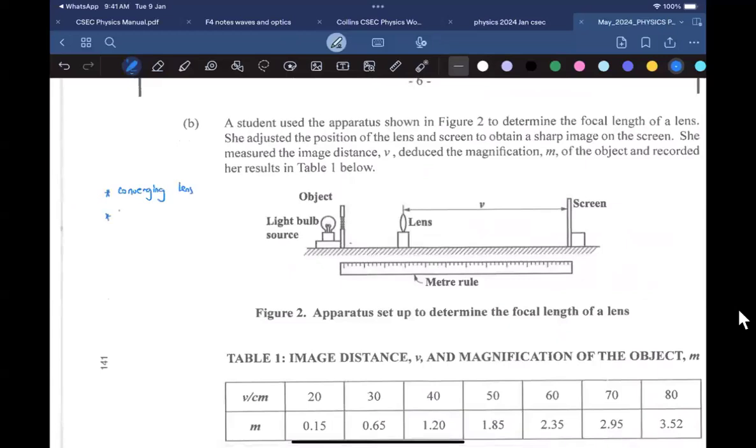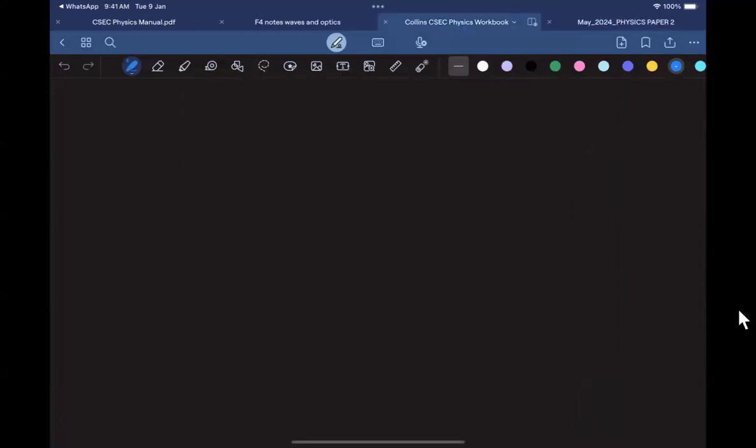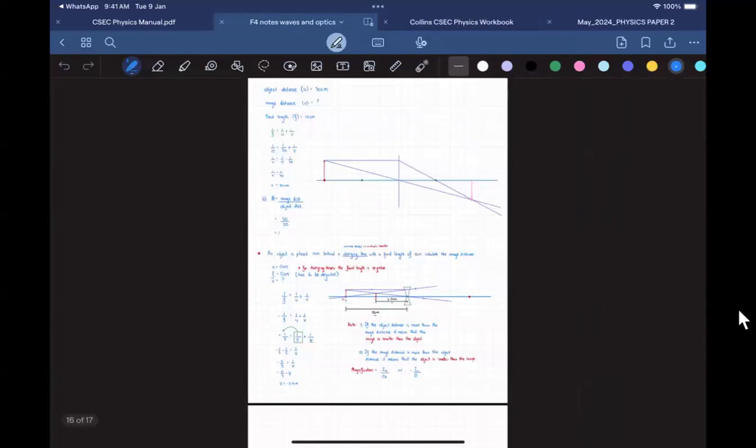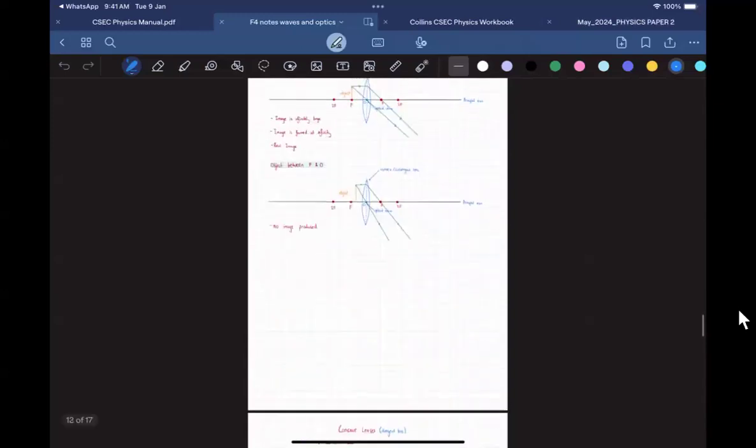We know that the image is real. Now, Nicholas, for a convex lens, my image is always virtual, and is it ever bigger? If I have a convex lens, my image is always virtual, and is my image ever bigger than the object? Yeah. No, it's always smaller. It's always smaller, right? But here's the thing, for a convex lens, you have